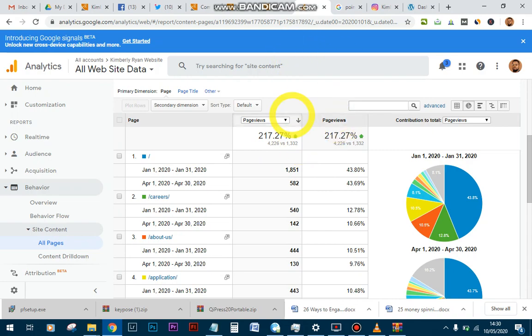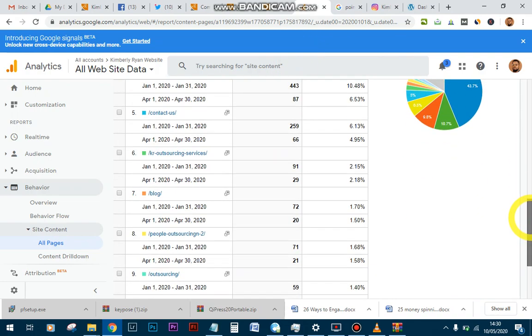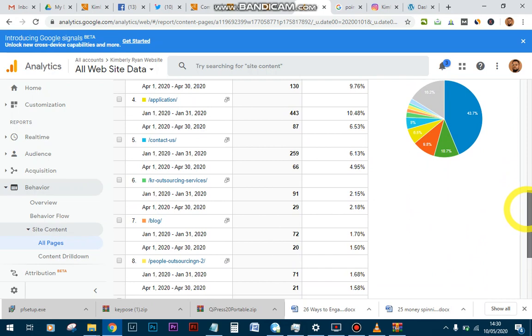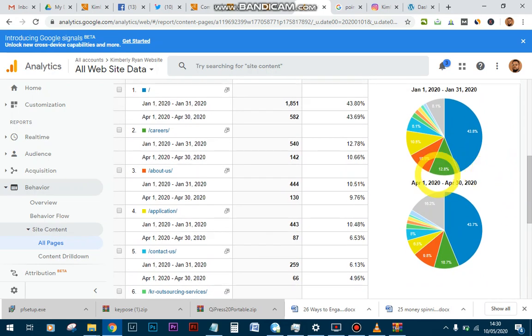Now the other part is, you look at this and then you notice that after the homepage, careers is very important to them. So we can put a lot of things on that careers page. We can put a lot of ads, different articles. It could be about jobs, it could be about interviews, it could be about being indispensable at work. These are what they want to see, and these are the things we need to put there. Now to get their details, make them make payments, that is all. That one is very easy. I can integrate